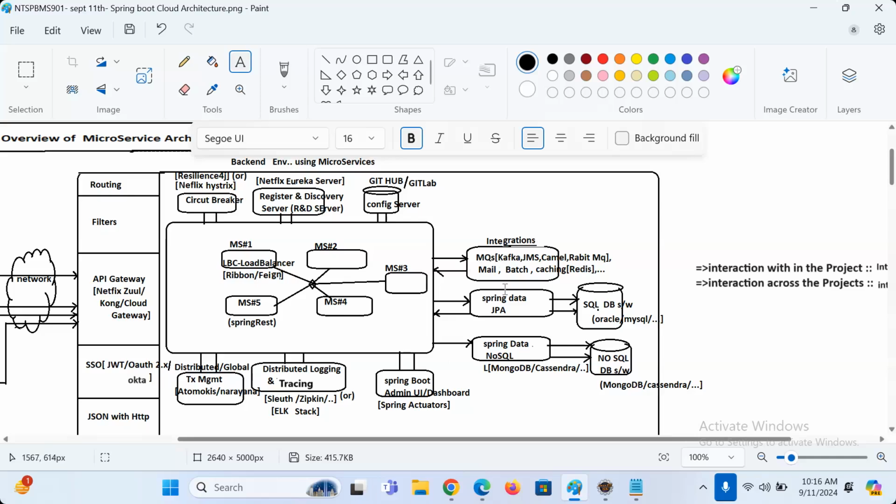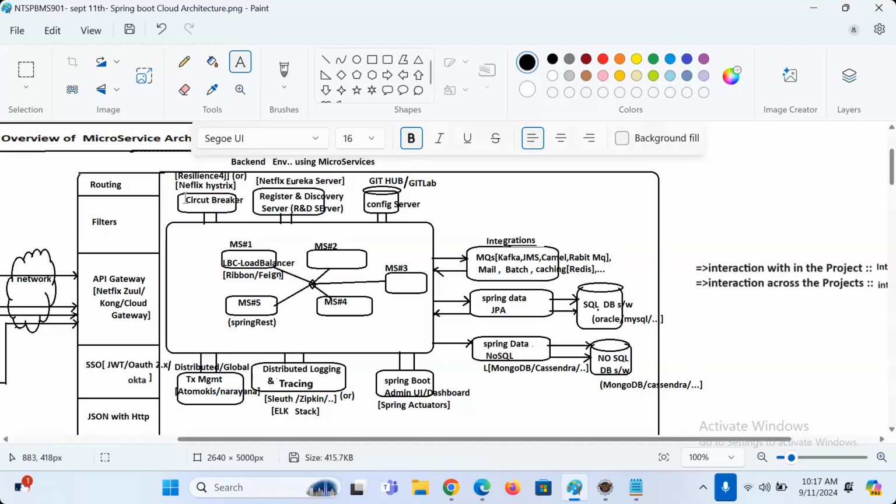They use mail for mail purposes, batch processing, and config caching, Redis cache for caching activities. Common properties required for multiple microservice projects will be kept in a GitHub account and will be gathered through the config server. This point is clear. All microservices will be registered in the Eureka server to make them discoverable for other microservices.